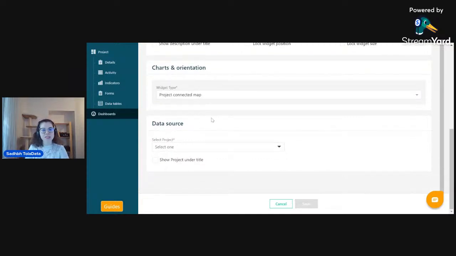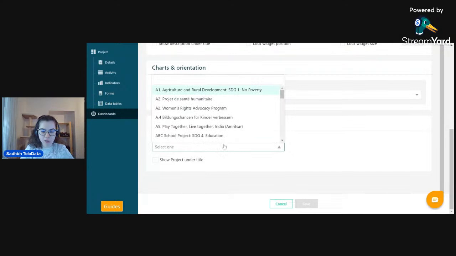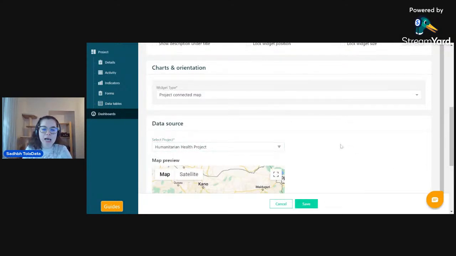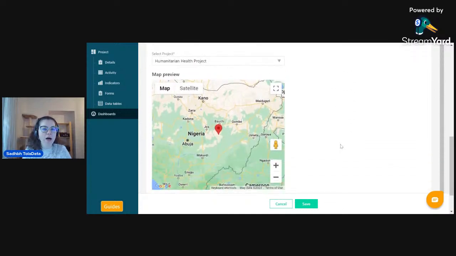So all we have to do in this case is just select simply which project we want to take the map from. So we'll just select the project that we have in mind. Let's say the one we've been currently using, Humanitarian Health Project. And you'll see you'll get a preview already of the area that is going to be used in this map. And what you can do at this stage is you can define exactly what the widget will show. So it's giving already a very nice overview of where the affected area is, but if you want it to be more precise, or if you wanted to focus in on the specific area,